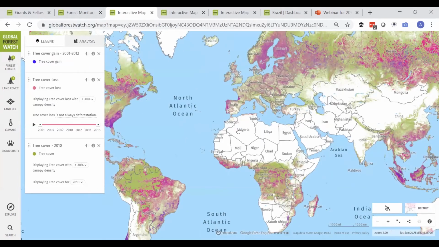So the three data sets that are automatically applied when you visit the map are tree cover gain, tree cover loss, and tree cover. You can identify which color is associated with each data set on the panel on the left-hand side, as well as what years the data covers. This is important to note because the years during which one data set was measured may differ from another data set. So now if you look at the map, you can see where each color is and understand what the